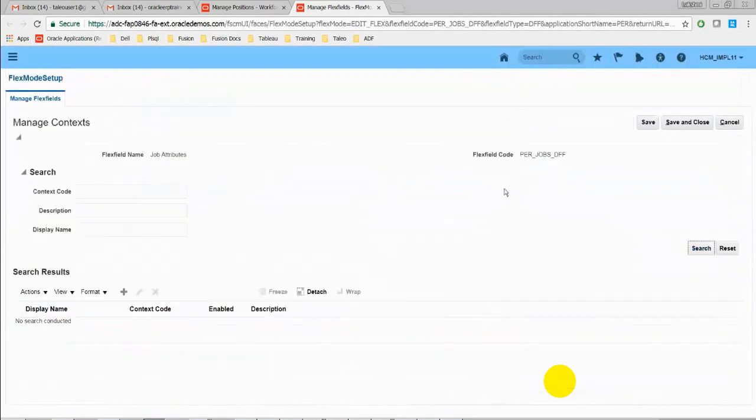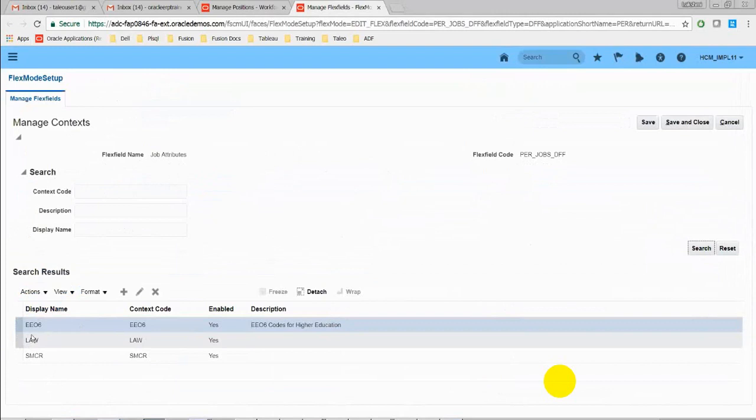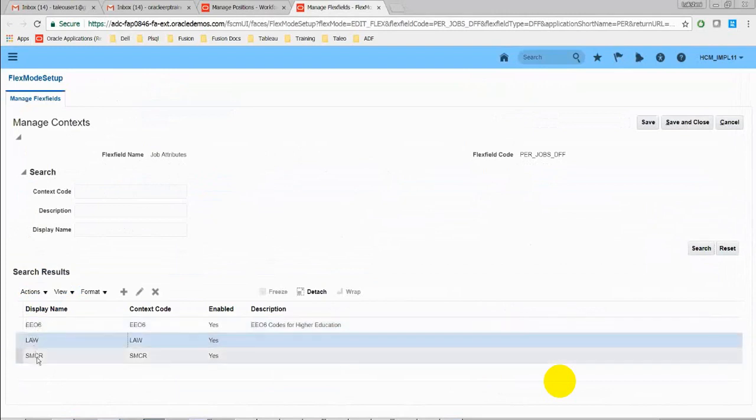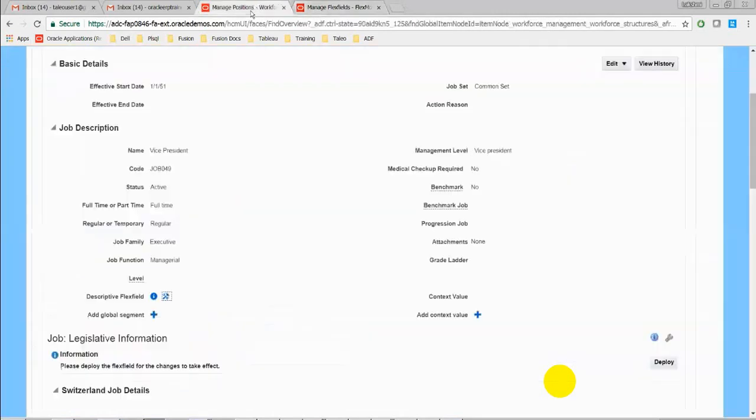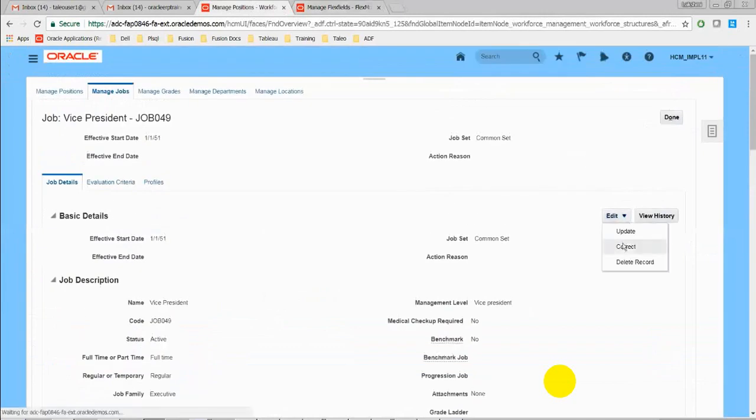So let's search for the contexts. We have 3 contexts defined as per the list of values, whatever we have seen. So we have EEO6, Law, and SMCR. We have 3 contexts defined. It means if you go to the screen and try to modify the data in the screen,